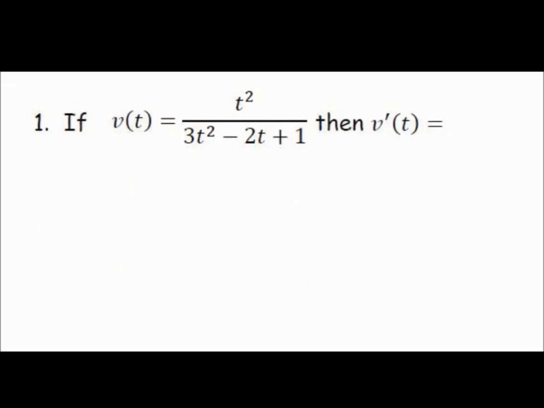So for number one, if v of t is equal to t squared divided by 3t squared minus 2t plus 1, then the derivative is, and so once again, I'm going to have my high, here's my high, which is t squared, my low, which is 3t squared minus 2t plus 1, and so I'm going to go ahead and do my derivative. So v prime of t